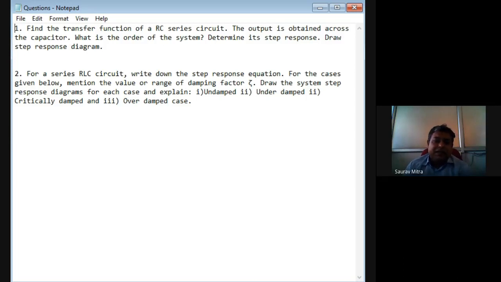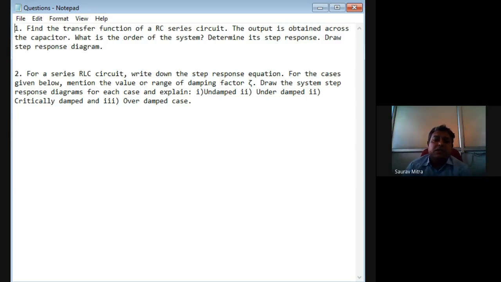Same thing, but not exactly the same, but the same type of thing. What time constant we are finding is given by zeta in the second case. So if zeta value is small, at that time the system is very fast. Zeta value is 0 means the system is fastest in case of RLC second order circuit. And if zeta value keeps on increasing, at that time the system becomes slower and slower.